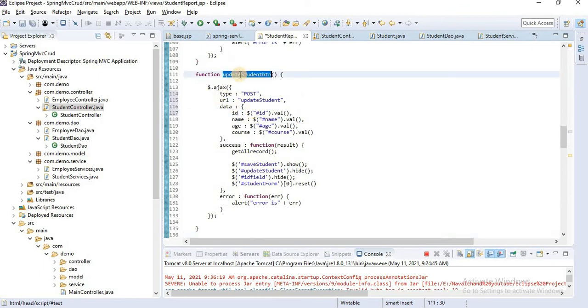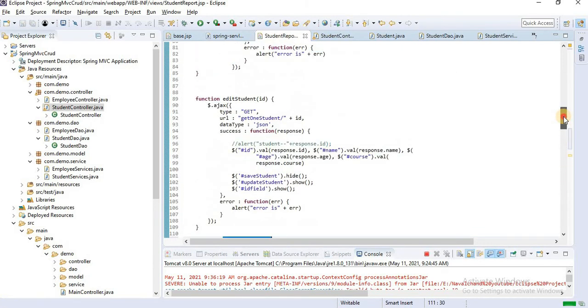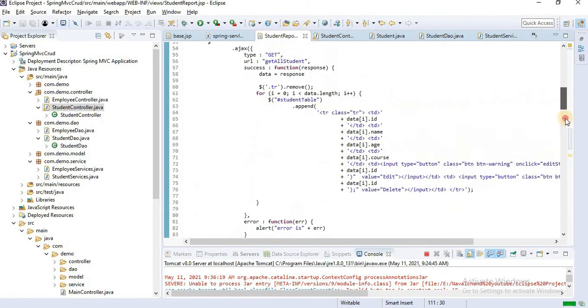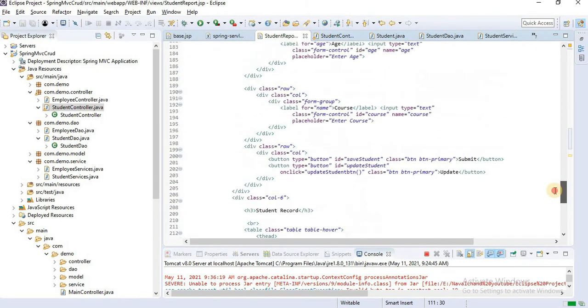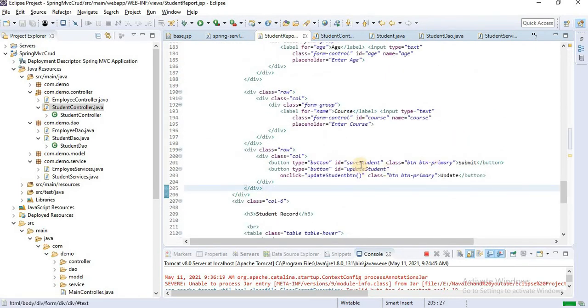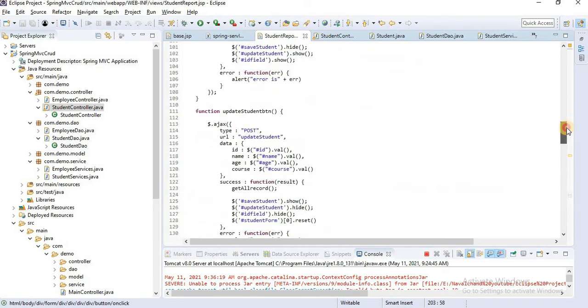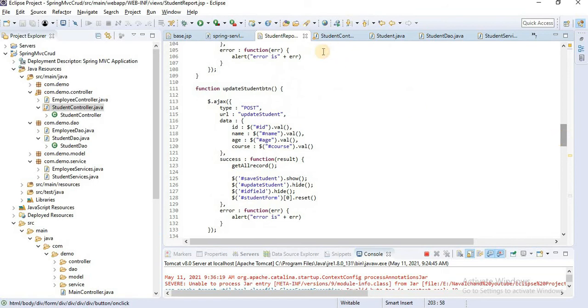When we click update student btn, you can see here we define two buttons in a form. First one is save student and second one is update student btn. This is the on click event. When we click update student btn, this function update student btn should be called. Inside this function we call the ajax, type post, URL update student.